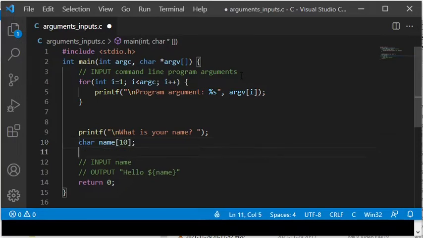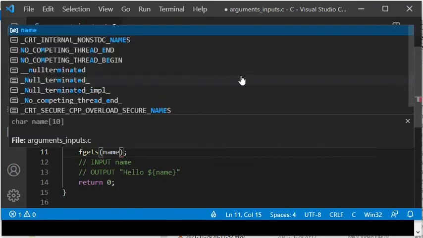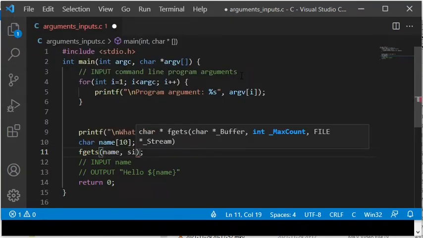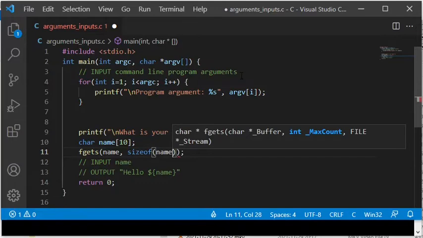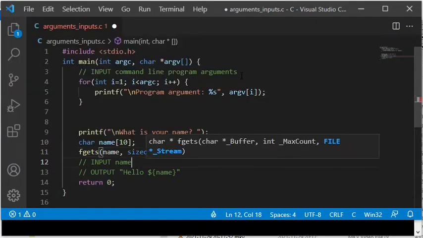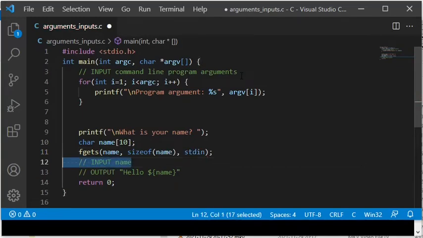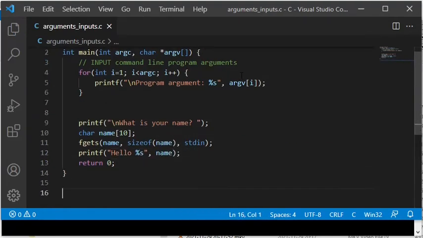To receive user input text through the keyboard, we can use the function fgets from the C standard library. The first argument is a char array, which should be allocated with the maximum number of characters, in this case 10 characters. The maximum size is also provided as the second argument to the fgets function, with the sizeof operator. The third argument is the so-called standard input, stdin, which usually is the keyboard as default. When a name has been received as input from the keyboard with the fgets function, it is printed to the screen with the printf function.